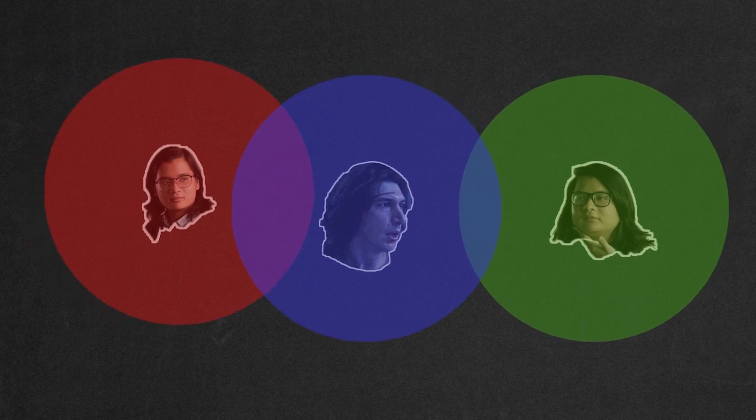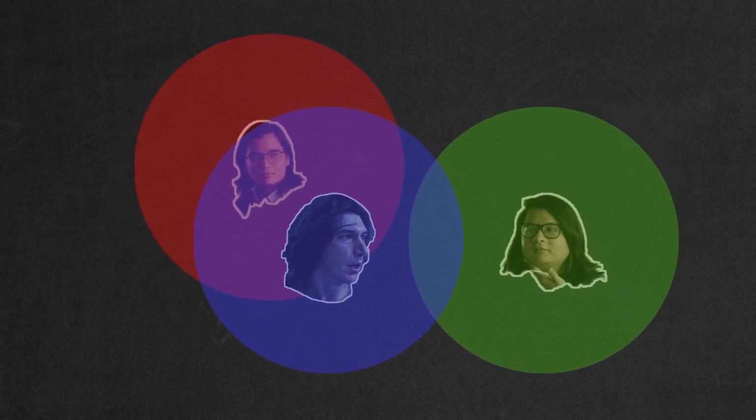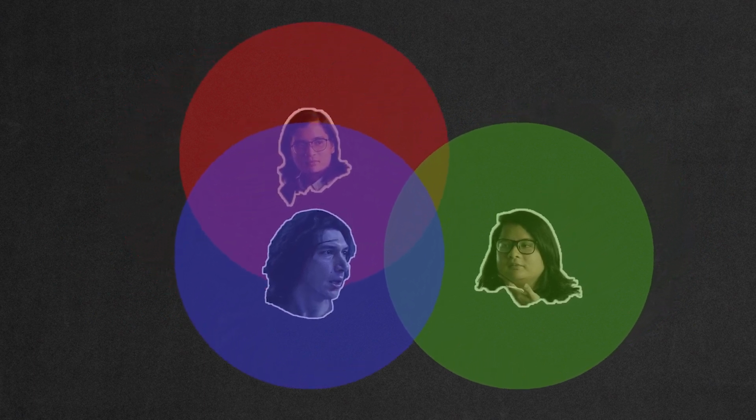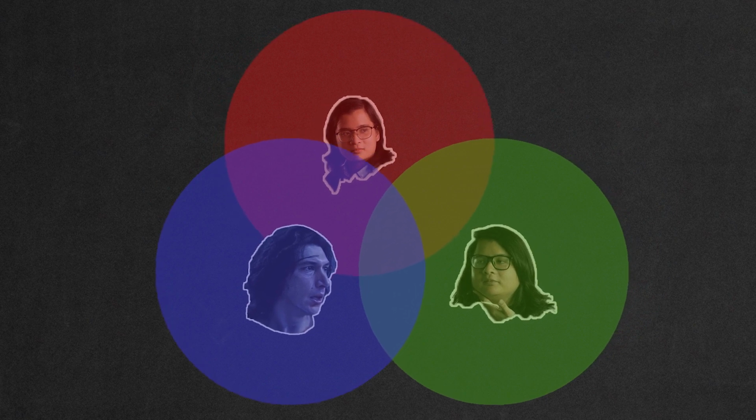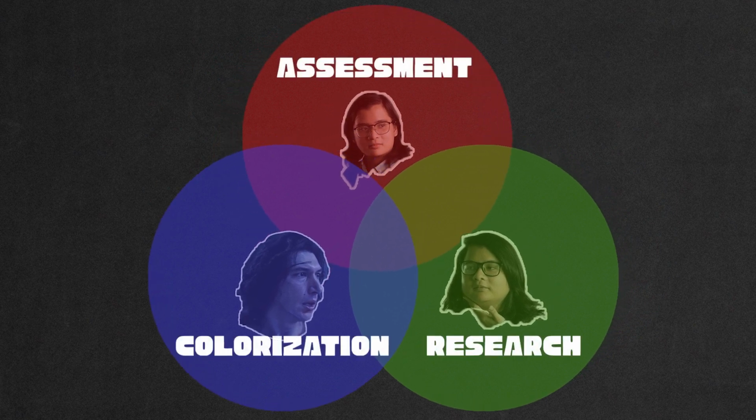Think of it as a Venn diagram, where each stage has its own characteristics, where we could visualize the similarities of all criteria within the stages. The stages consist of assessment, research, and colorization. Going back to the coin, we could read from the sides of it that it says United States of America and 1908. That is what assessment is, noting certain data and details from the photograph that could give us clues